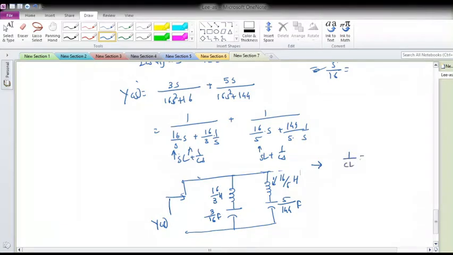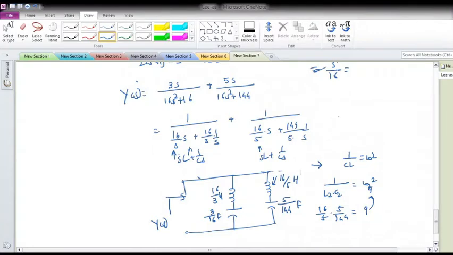1 over LC will be equal to omega square. So if you multiply L2 into C2, you should get omega 4 square. So what is L2? 16 by 5. 16 by 5 into 5 upon 144, so it will be 16 by 144, and ultimately that will be 9. Which is nothing but omega 4 square. And if you multiply 16 by 3 into 3 by 16, take it 1, so the next frequency will be omega 1 square, which is 1. So this is the verifying factor.